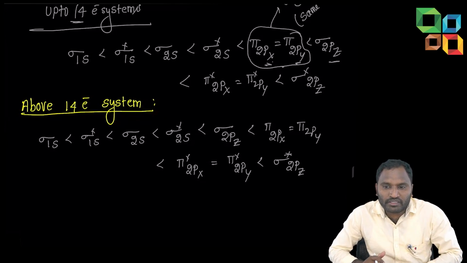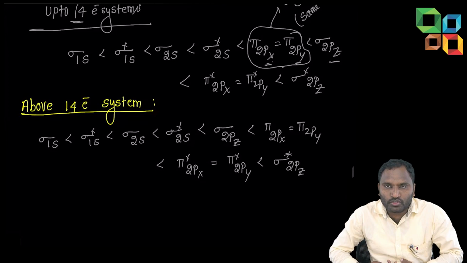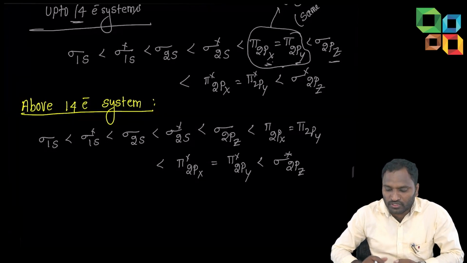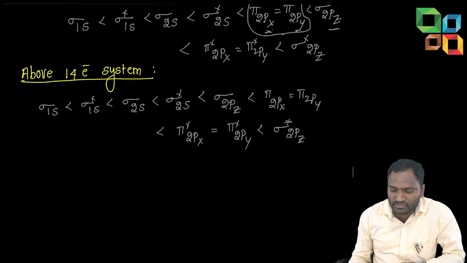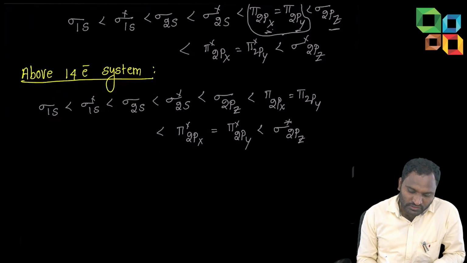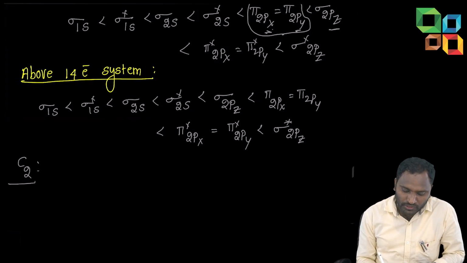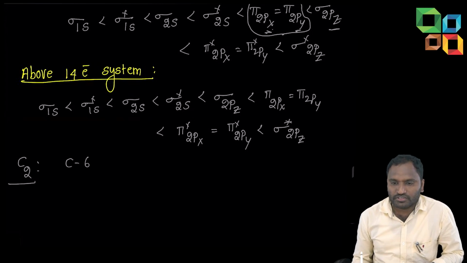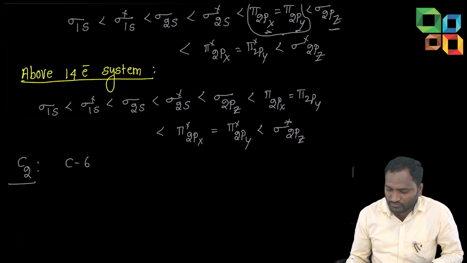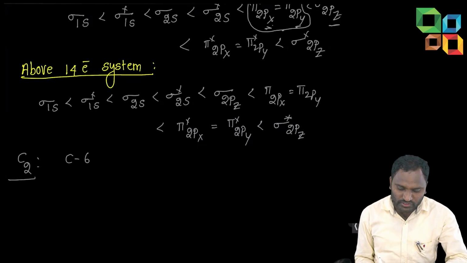And if we compare the energy orders of different molecular orbitals, up to 14 electron system one order is followed, above 14 electron system another order is followed. Now we'll apply energy orders. We know how to arrange the electrons. Suppose, a simple molecule I will take, the carbon C2 molecule. Carbon's atomic number, you know, is 6. C2 means two carbons, no? C2 contains 12 electrons.